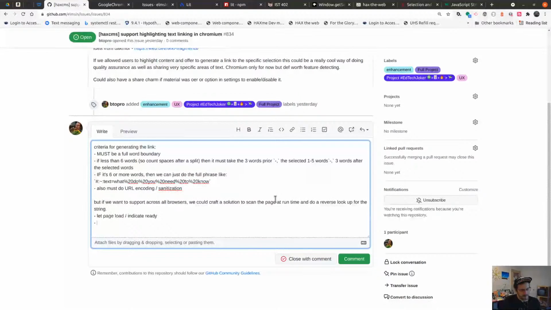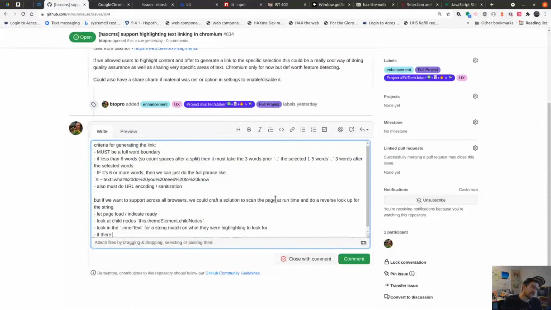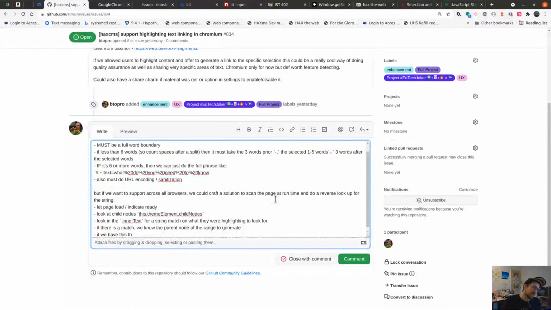Ready. All right, so when the page is ready, then look at child nodes. In my case, it's going to be something like that. All right, and look in the inner text. It's different from inner HTML. For a string match on what they were highlighting, look for it. If there is a match, we know the parent node of the range to generate. If we have this, then we can set the start and end points accordingly. So we could actually share this in a way that is cross browser compatible, and I don't even think